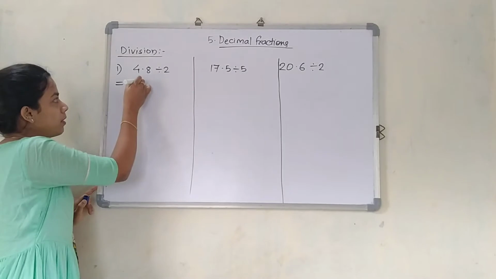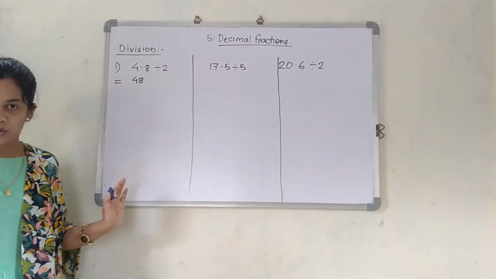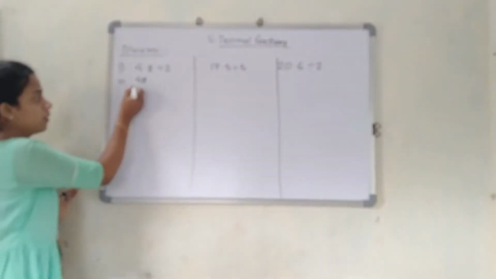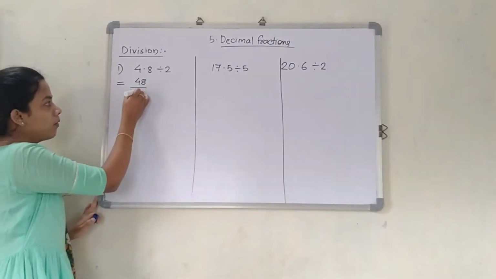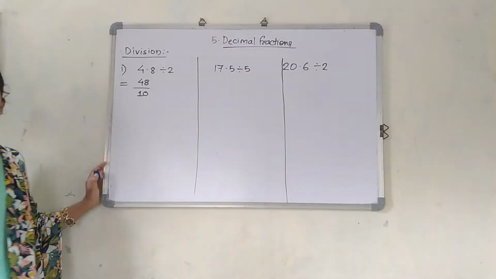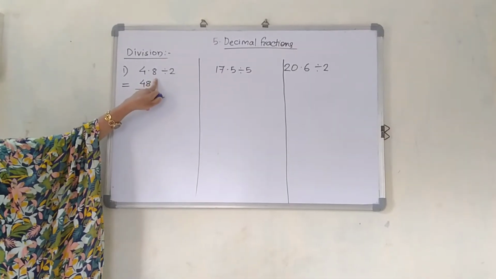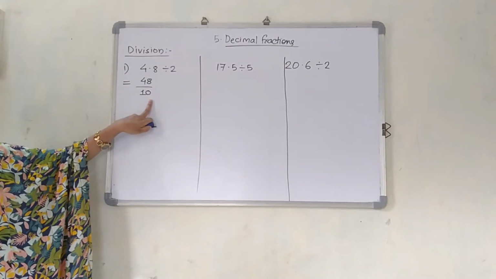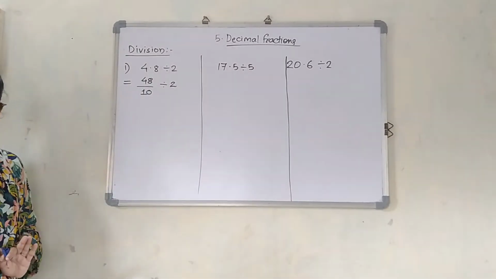4.8. So I am going to write 48 as it is, to convert into a decimal fraction, with a numerator and denominator. I got my numerator. What will be the denominator? After the decimal point there is one number. So 1 and there will be only one 0. One number after the decimal point, that's why here only one 0. So 4.8 I have converted like this. This division I am going to write as it is. This much part is okay.